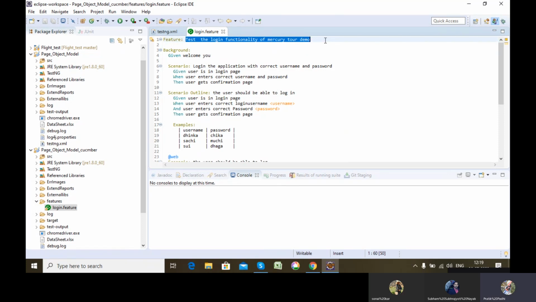So you write this line as per your choice. Here you have the choice to write a line according to your convenience, but in TestNG you don't have that. Here you can write in such a way that everyone can understand. So this is basically the topic of this feature file. What this feature file intends to do is what you have to mention here.